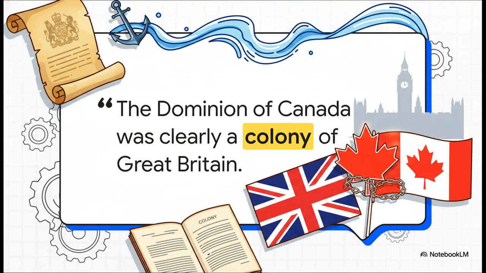And as evidence for this, the argument points to the 1889 Interpretation Act. This act legally defined a dominion as, simply, a colony. According to the source, this means Canada absolutely did not become an independent nation in 1867. In fact, they point out the original BNA Act never even left the United Kingdom. It wasn't signed or ratified in Canada. So the Dominion was just a united colony still entirely subservient to British rule.